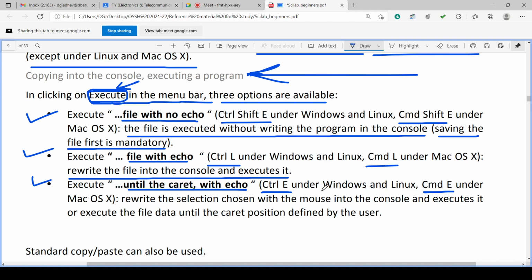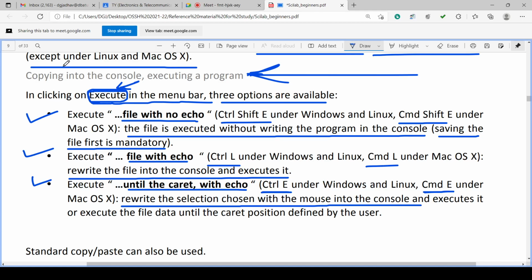Until the caret with echo, this is the third type. Until the caret means what? It means rewriting the selection chosen with the mouse into the console.